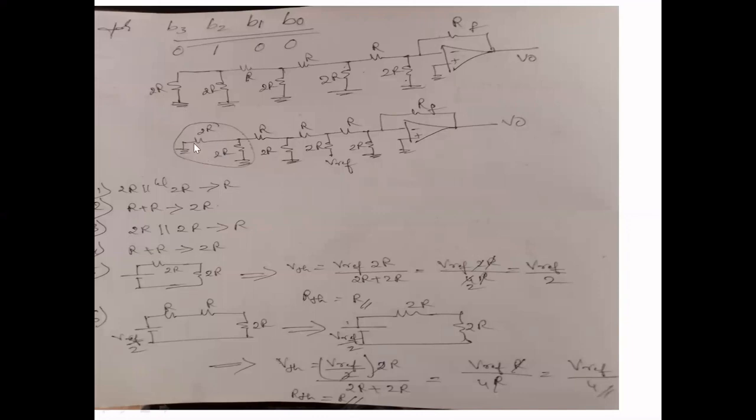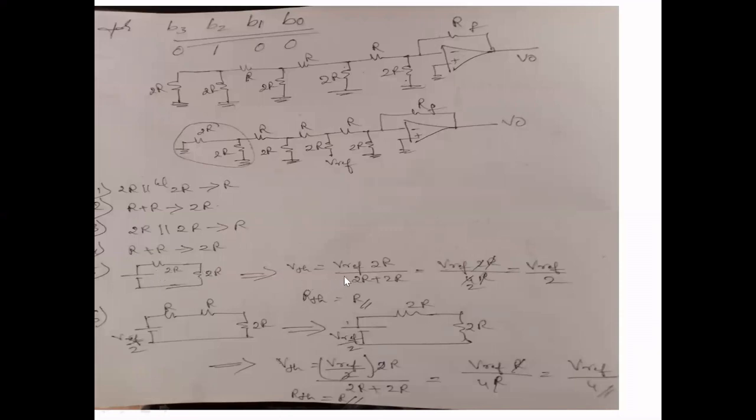So these two resistances in parallel, you obtain R, and R in series, you get 2R. So 2R in parallel, you obtain R. Again, R and R in series with it, so you get 2R and 2R. Now you have the voltage source here, so we have to find out VTH and RTH. So V reference, the output of these two would be 2R, so 2R and 2R would be in parallel.